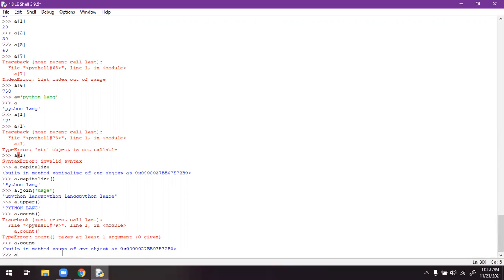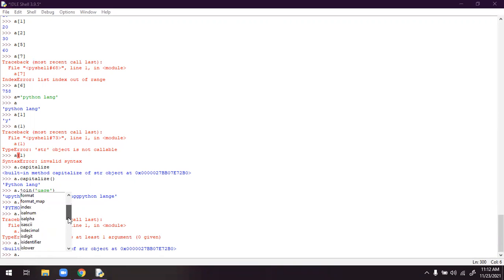Why? Because some of the keywords are updated with other names. Upper, translate, startswith, index, replace.